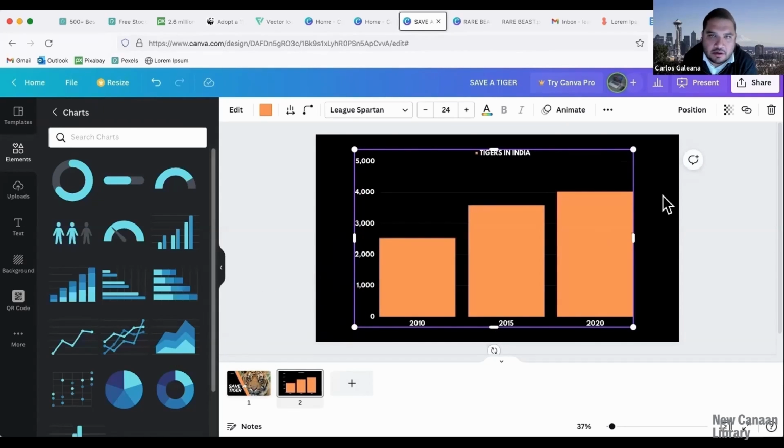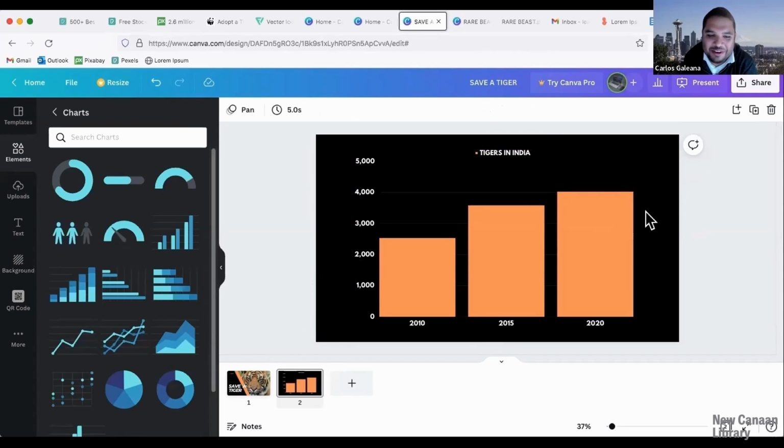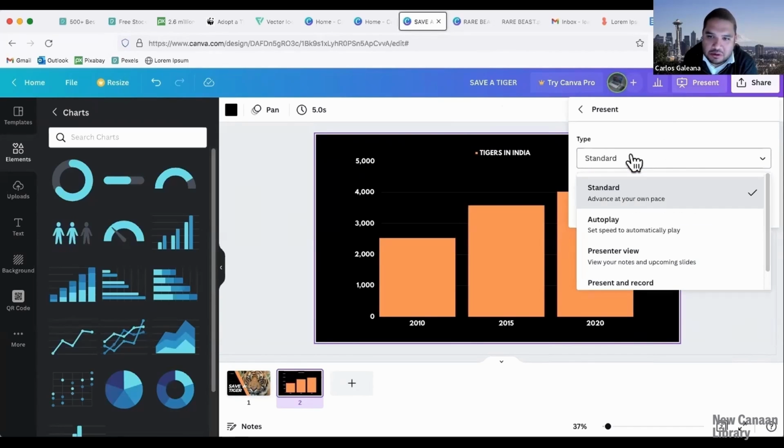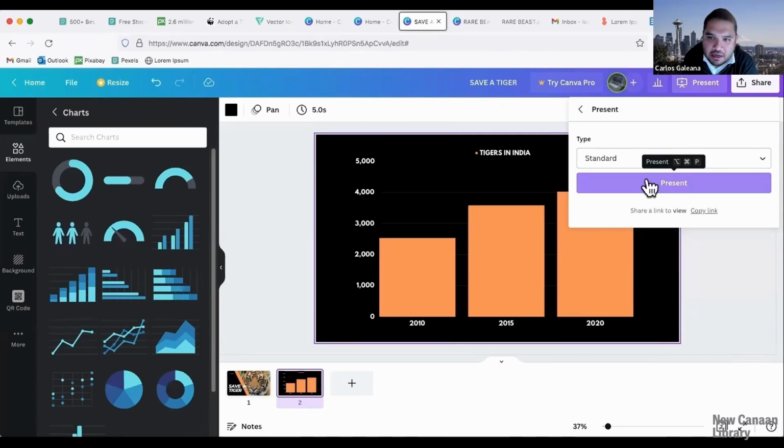All right, so we're almost out of time. I know there's just so much to talk about. One of the cool things about Canva presentation that I actually like a lot is that if you were to present this to, let's say, a group project or on Zoom or Google Meet or Microsoft Teams, you could just present it.